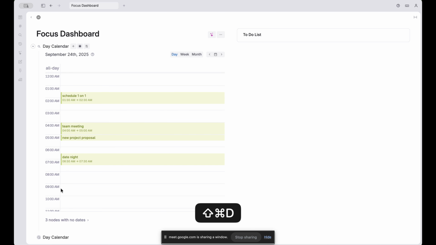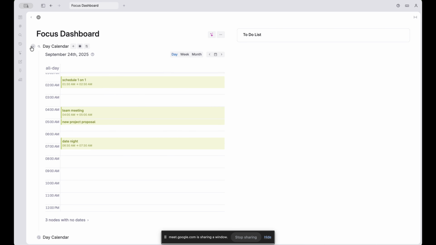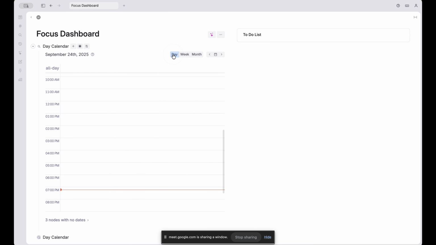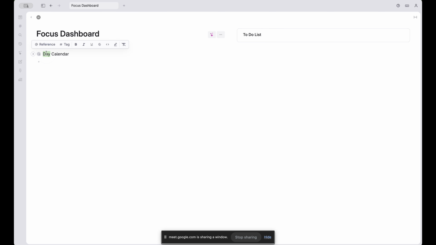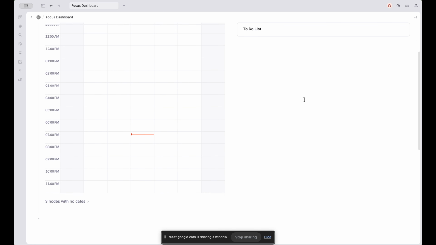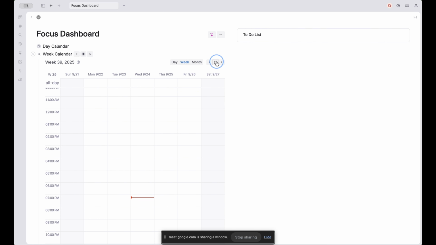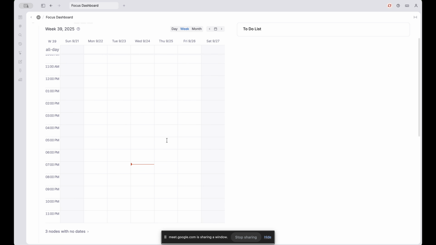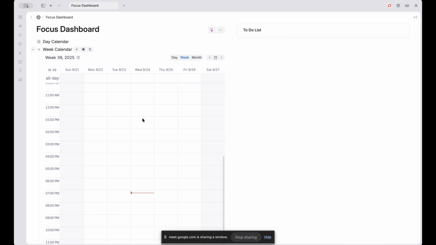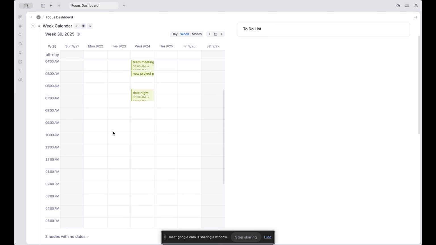And additionally, maybe I want to just toggle day, week, month within a single search node. In my personal setup, I like to split them out a little bit. So I have a week calendar, which is the exact same search node here. I just toggle that over to week. And today, what's up with the time? Oh, my time is a little bit earlier. So we see this is scheduled right now from